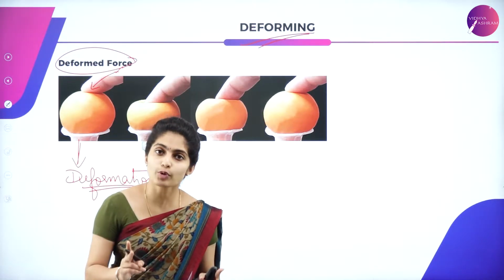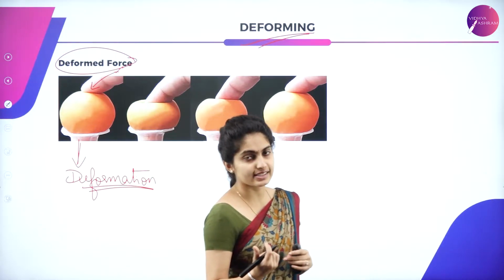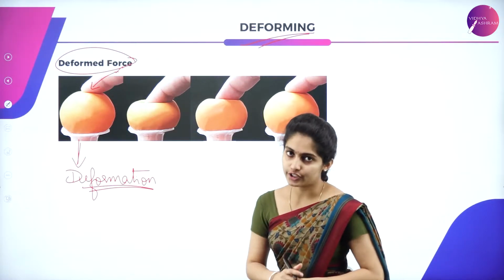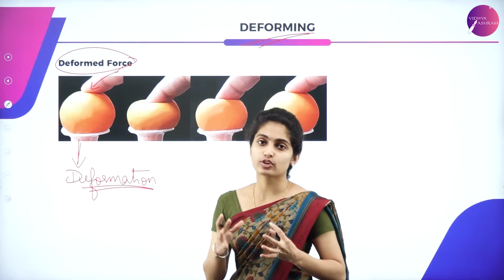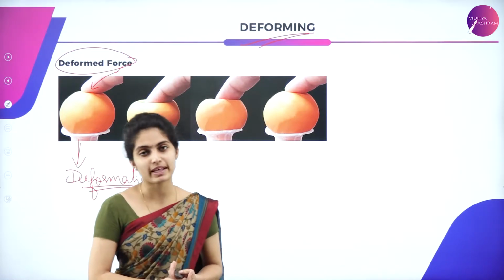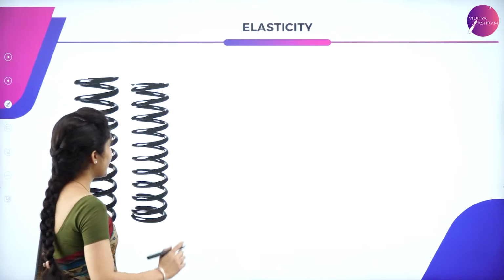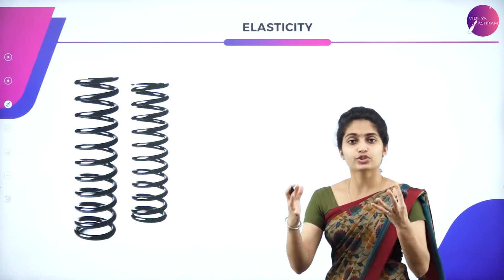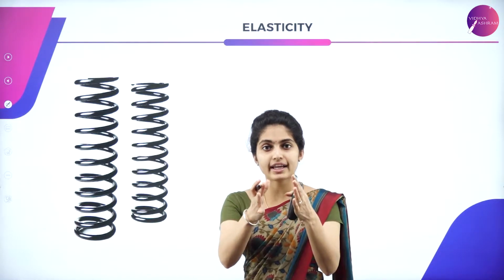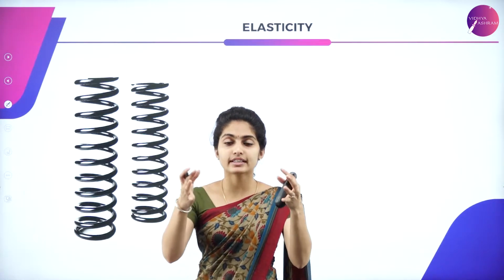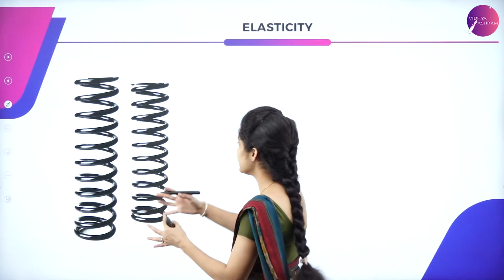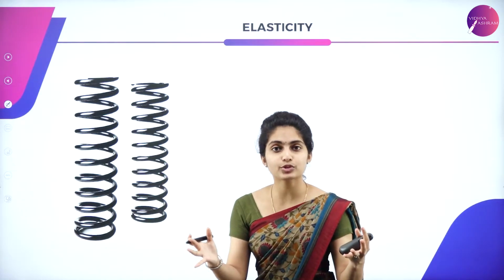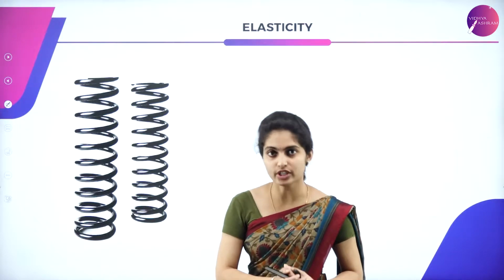Okay, so there are two properties of a body. One is elasticity and another one is plasticity of a object, that is a solid object. So there are two types of properties of solid. One is elasticity as well as plasticity. So now let us go to elasticity. Suppose you compress, for example, I have taken a spring over here. So if I compress a spring and leave it, what happens? That the shape of a solid changes, that is, the compression is taking place over here, okay? And when you relieve it, what happens to the spring? It comes back to its original position.